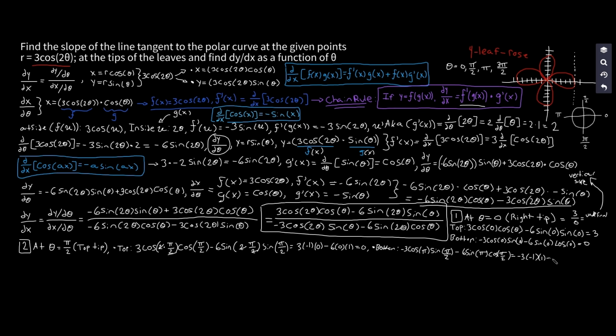So we just literally minus 0. Well, the answer to that, it's going to be 3. And so the result, it's going to be 0 over 3. And that 0 over 3 is 0. And that's going to be our slope,